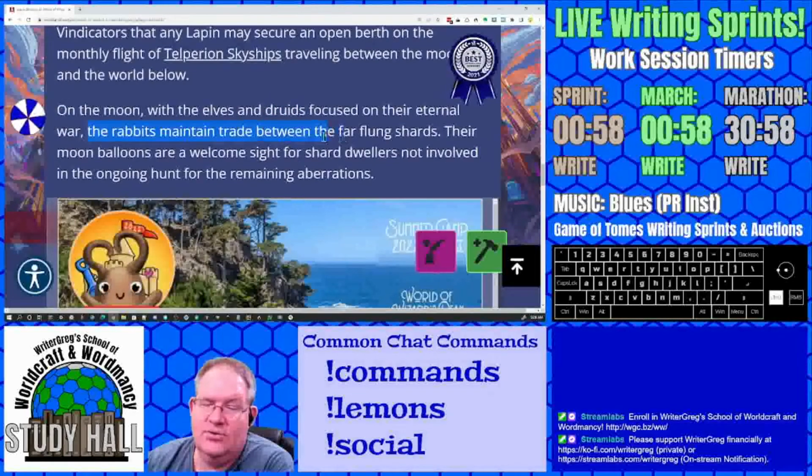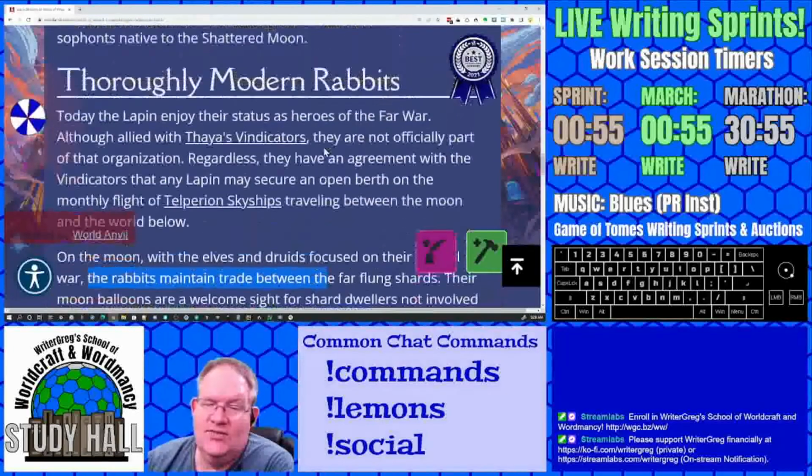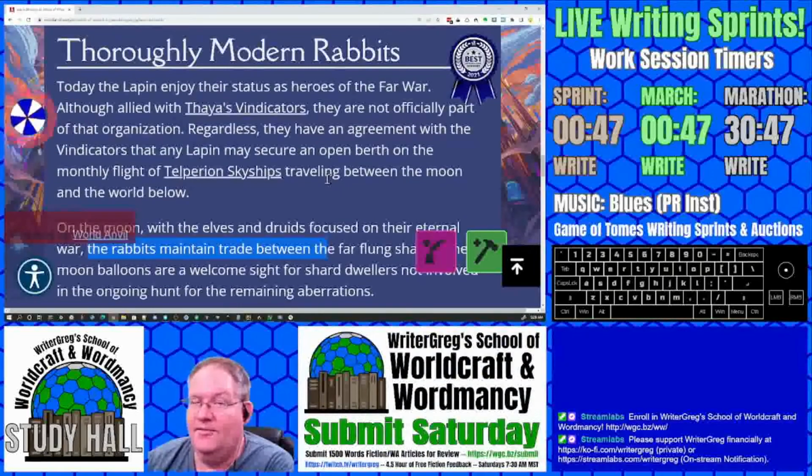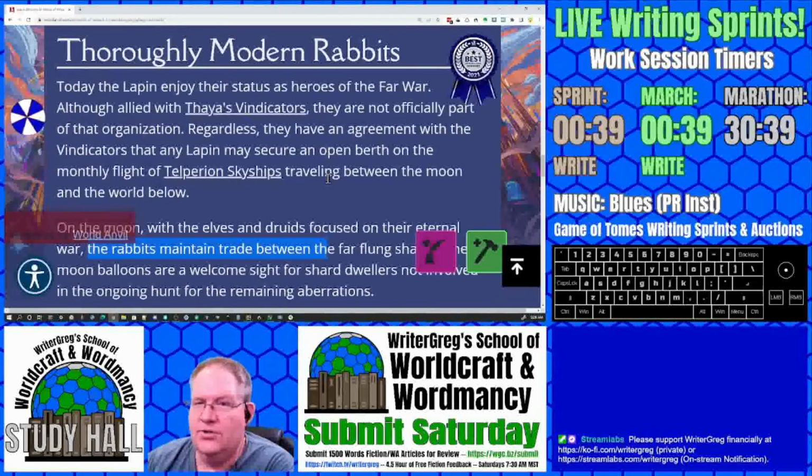Interesting here, trade. So is this the third evolution of the Lapin? It sounds like it could be. The first act, they were cowering away and trying to survive. The second act, they become warriors who have won their freedom.